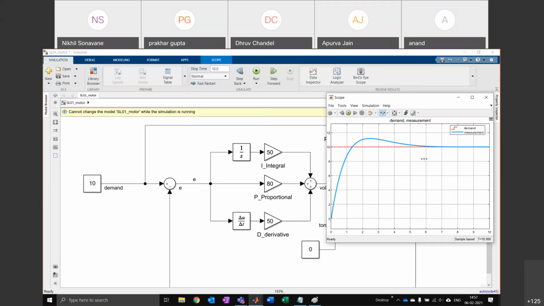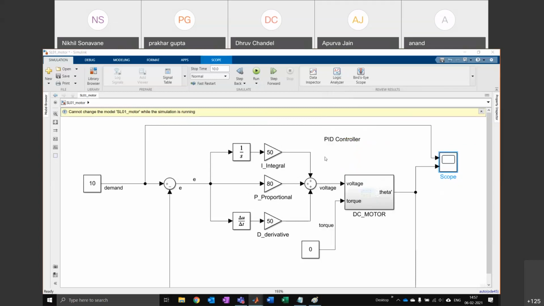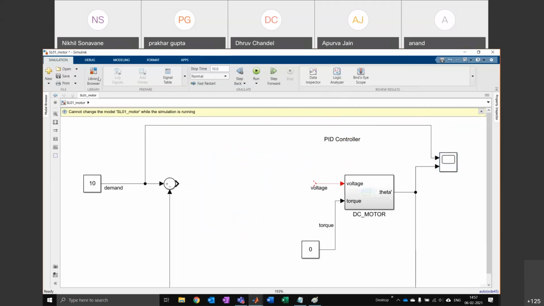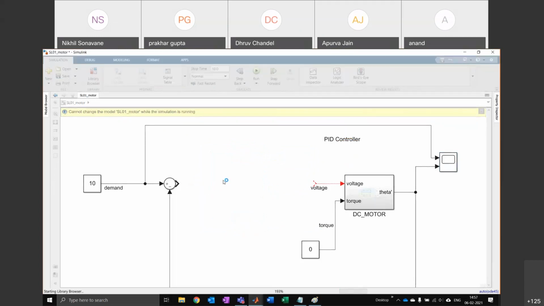So what we can actually do is we delete this whole thing that we just made. Just select it and delete it. You go to the library browser and then into the continuous library. And from there, you can find a PID controller, which is like a built-in block in Simulink, and that has an advantage, which you'll see in a second.